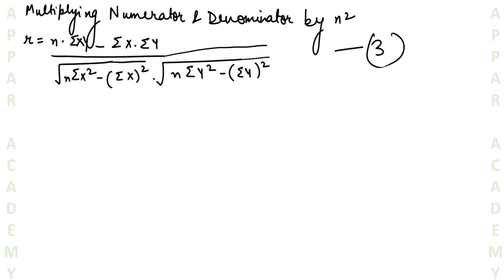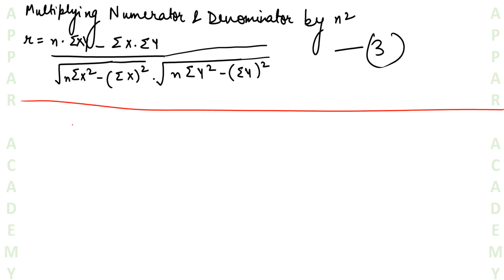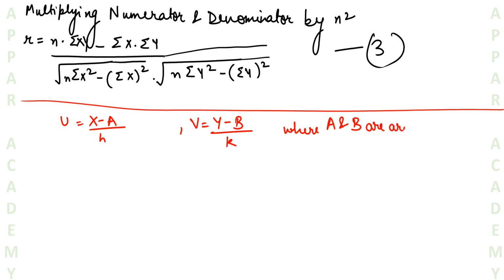So to understand this, let us take a variable u such that u is equal to x minus a upon h, and another variable v such that v is equal to y minus b upon k, where a and b are arbitrary constants, meaning they can be negative as well as positive,